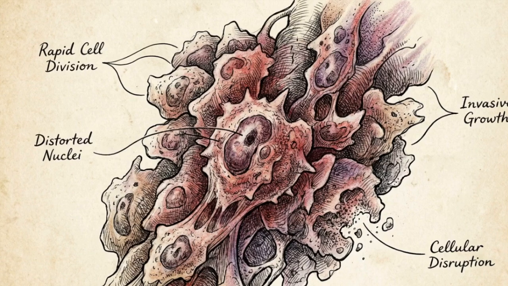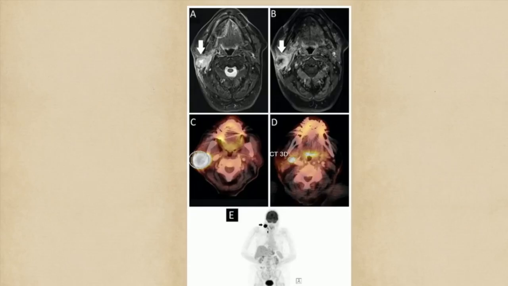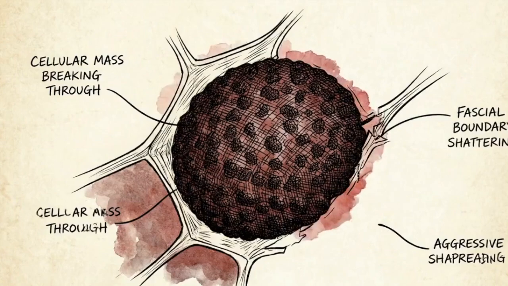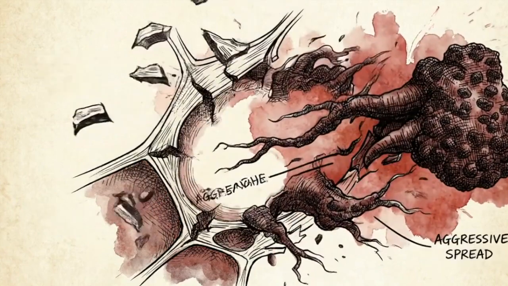Squamous cell carcinoma is a common type of cancer that begins in the squamous cells lining the mucosal surfaces of the head and neck. These scans show the clear imaging checklist for malignancy. You can see the irregular, ill-defined margins, a necrotizing mass invading both the parotid and parapharyngeal spaces, and accompanying nodal involvement. When a mass ignores the established compartmental walls of the neck, the diagnostic working theory must immediately pivot to